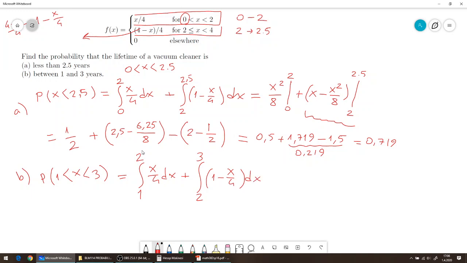Again, the same integrals. And we will find